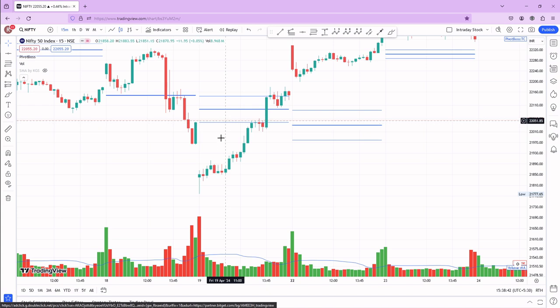Okay, here what has happened? Lower value relationship. Price opened below the CPR, closed below the CPR. So the expectation is that the bearish bias is accepted. So now what we have to do? We have to wait for an opportunity to come towards the CPR for a selling side. Okay, so it came. Finally, it came over here, and after that there are some reversal candles, but then still